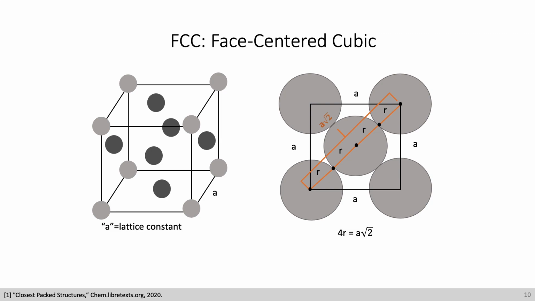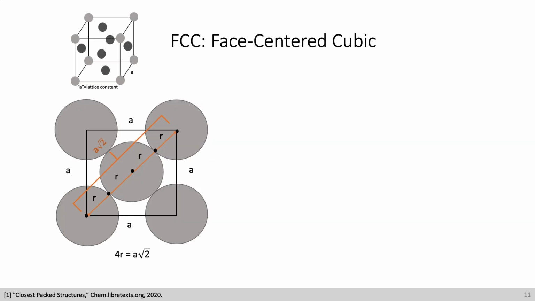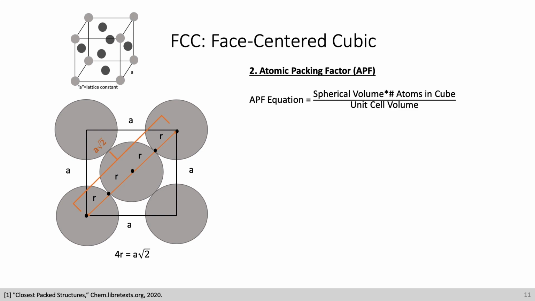And so 4R is equal to A square root of 2. Going to the atomic packing factor calculation, we know that the spherical volume is 4/3 pi R cubed times 4 atoms, which we found in the previous slide, over A cubed, which is the unit cell volume. We know from the figure on the left that 4R is equal to A times square root of 2. And so solving for R, we find that R is equal to A times square root of 2 over 4,